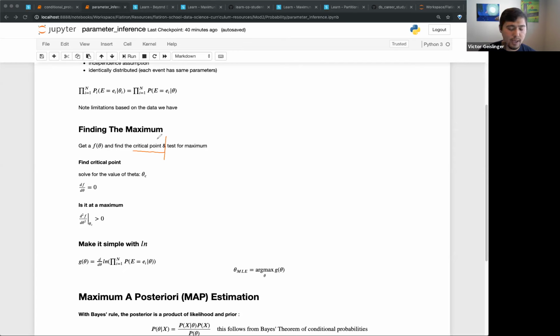So you can think of any function looking like this. If this is f and this is theta, we're just traveling along here. We want to find the maximum. Obviously, if we just looked at the picture, we'd say it's right about here-ish. But we want to figure that out. And one quality that the derivative has is that we can use it to help us find when it reaches this point of maximum or this point of minimum.